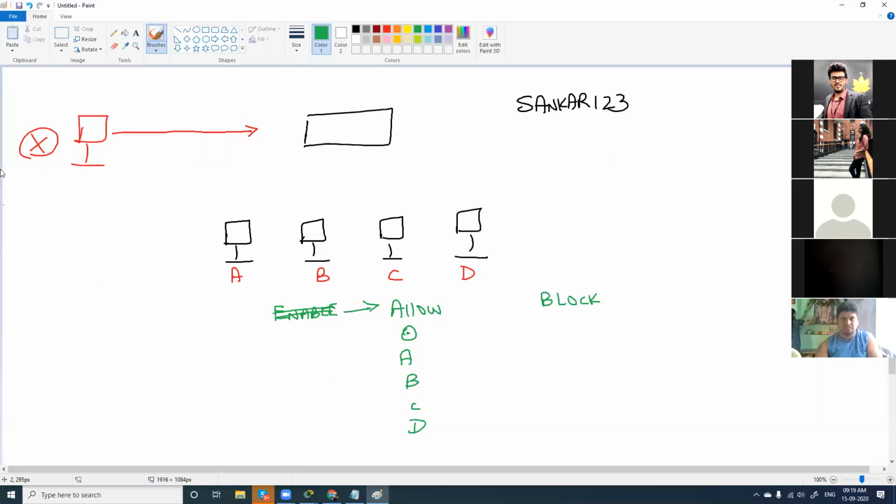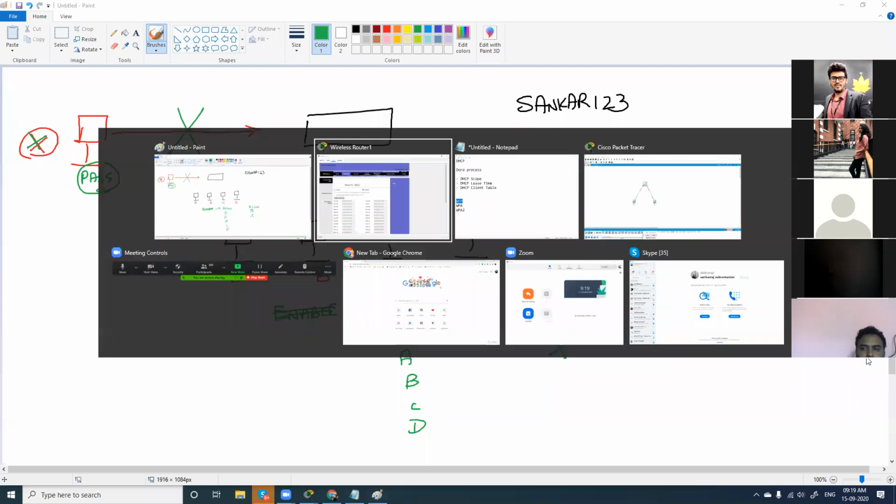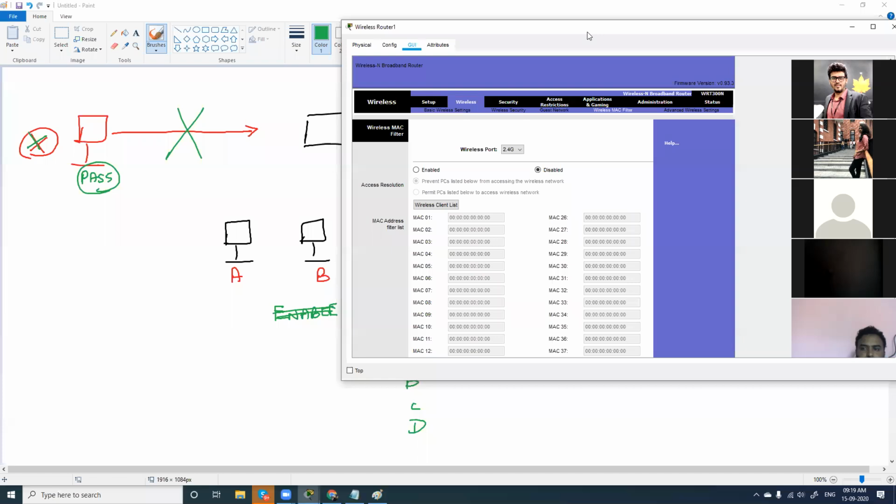Now what will happen? Even if the attacker knows the password, when he tries to log in and his MAC address is X and it is not in the allowed list, he will not be able to log in. Right? Or we can go for this option, wherein if you know the attacker's MAC address, we can say, okay, block this MAC address and allow all other MAC addresses. So only he will not be able to log in, all others will be able to log in. Fine. So we have different options in this, and in MAC filter you have advanced options. Okay, we'll stop with this.